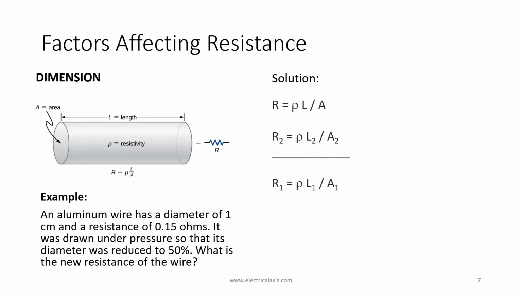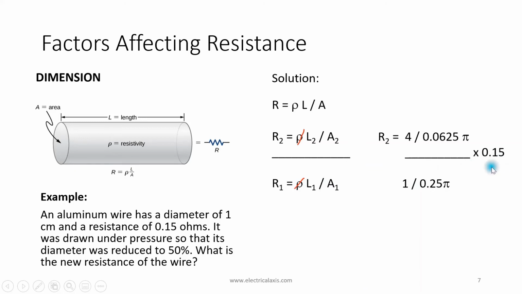Let's continue the solution. So in the sense that we already obtained the values of the length and the area for the initial and the final condition, all we need to do is just to substitute the values here. And in the sense that the material was not changed along the process, therefore we can just cancel the resistivity and transformation of the values. We can substitute the L2 4 centimeter and this value 0.0625 pi for the area 2, 1 centimeter for the length 1, and then 0.25 pi for the area 1. So the resistance can be taken here.